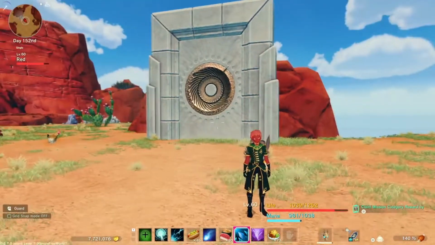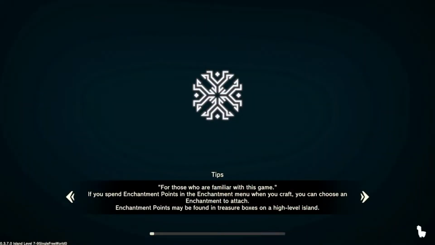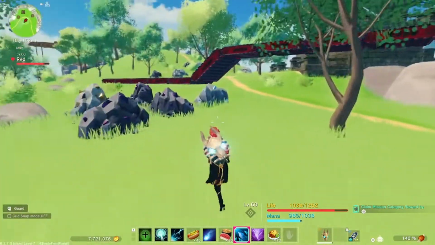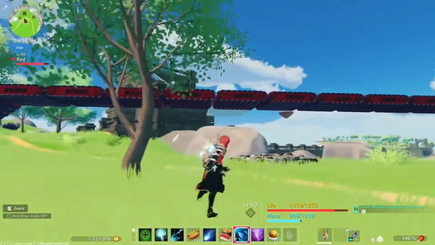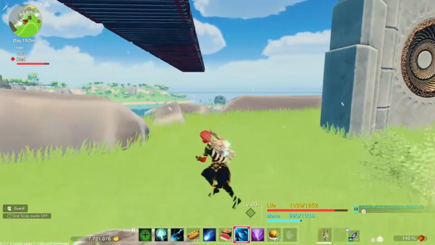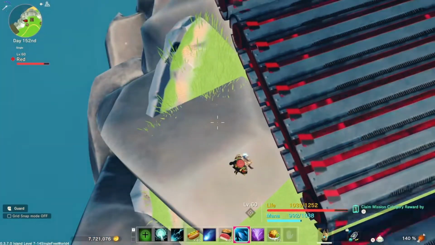Today I want to show you how to automatically get Fafnir to spawn. So I'm going to go to the island of the big bridge, and what I'm going to show you is what I've built. You're going to find where the paladins spawn, build some high-speed conveyor belts, and route them to where they just drop off into the water. That way, as soon as you spawn on this island, they'll fall into the water, die, and then Fafnir